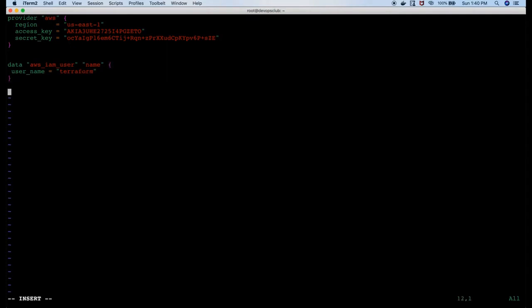Okay, so data as a resource fetches the information. We need to fetch the information of the AWS IAM user, and what is the username? Terraform. So it will fetch this information. Now we need to display this information. So how to do it? There is a thing called output, and then let's say user,